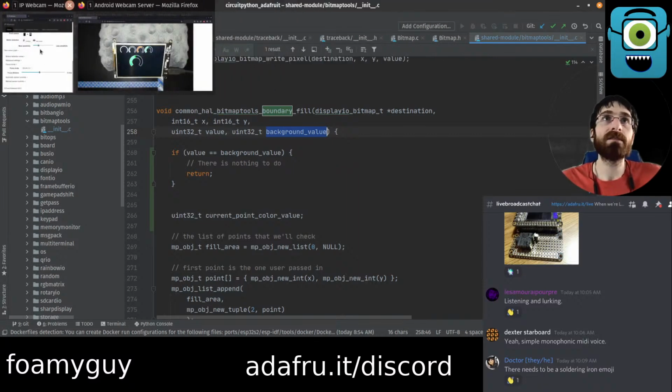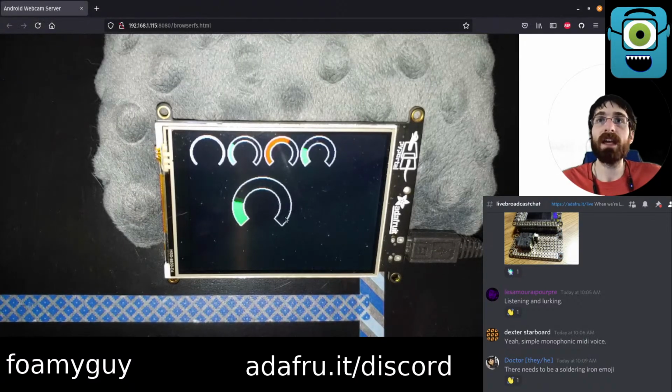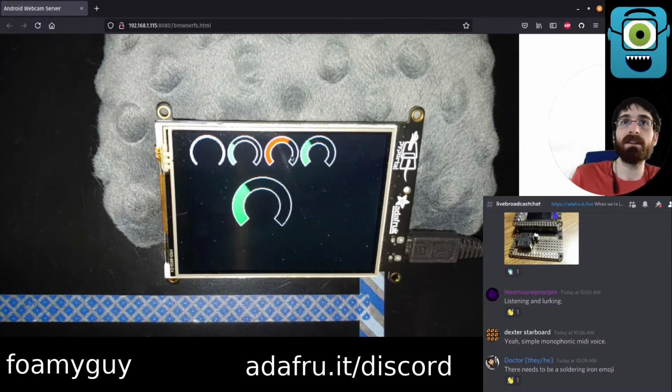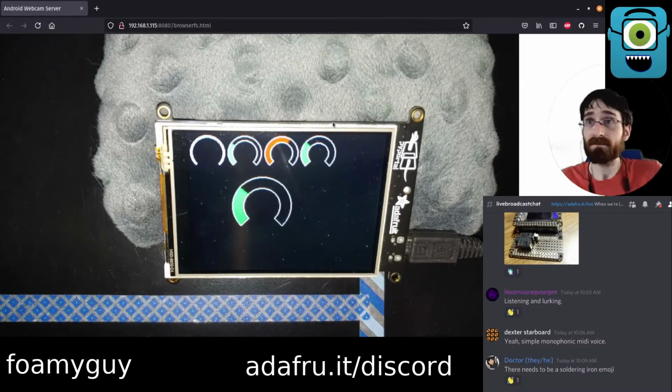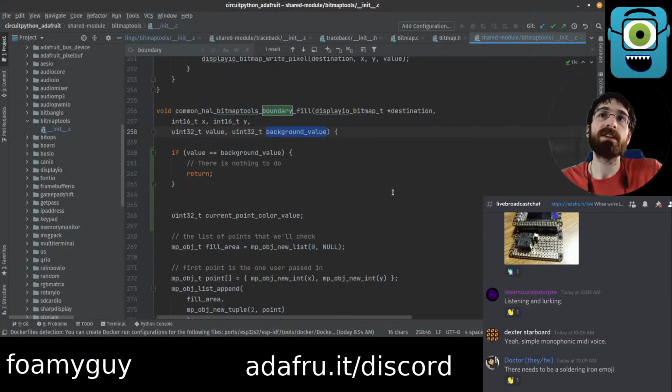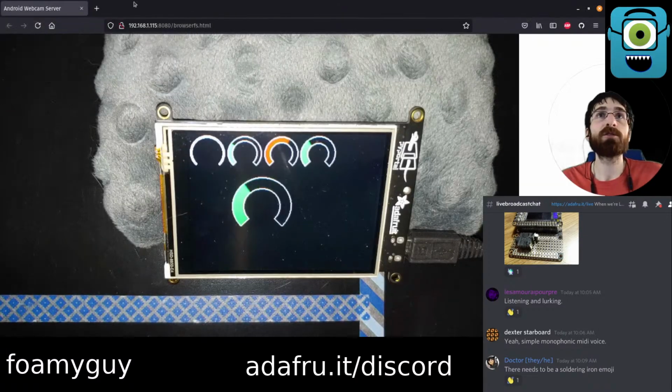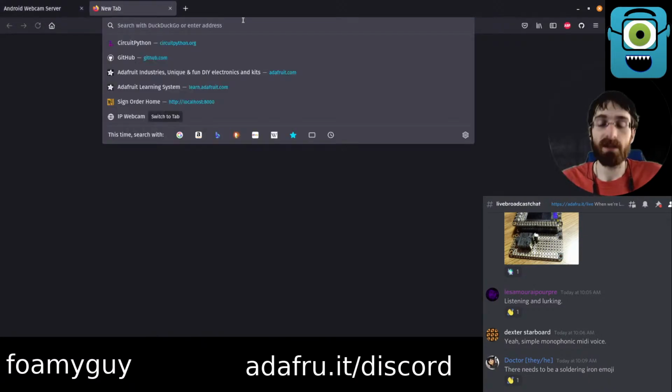In the case of this gauge, the enclosed area is this hollow semicircle in white here. So it's using the boundary fill to fill the green and red colors inside of this gauge. Specifically, what I'm going to start out by working on today is making the background value an optional argument. So I'll pull up the